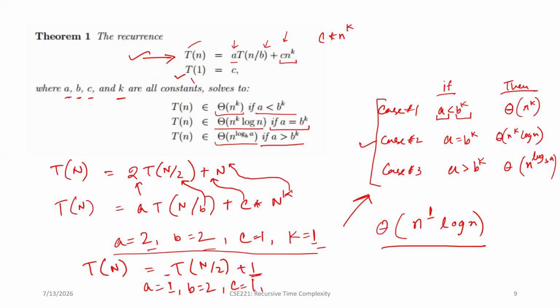k কি হবে? এখানে n তো নাই, এখানে আছে 1. So we can write 1 as n to the power 0. That means k is 0. Right? So again, a is 1. b to the power k is what? 2 to the power 0 is also 1. That means again case 2. The case 2 তে যা হয় সেটা লিখে হলো।